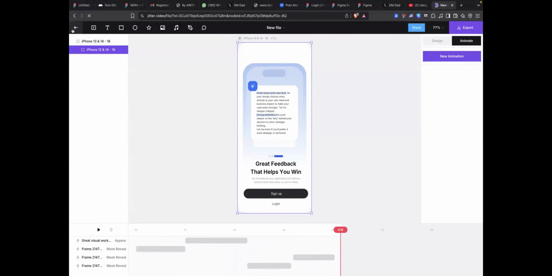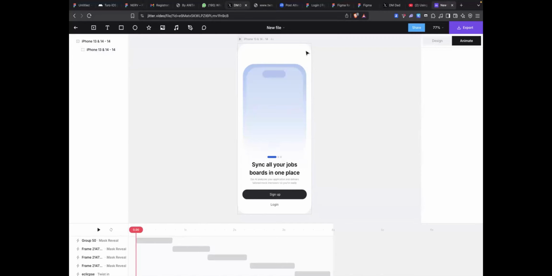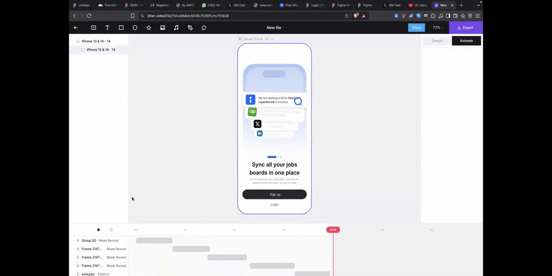Let me see if there are other screens too. Like now, when you open the screen, this is how it will play out because it's not static or anything. So that's one of the amazing things about when you prototype your work. Don't just post something static every time. Sometimes people want to understand from here to here.